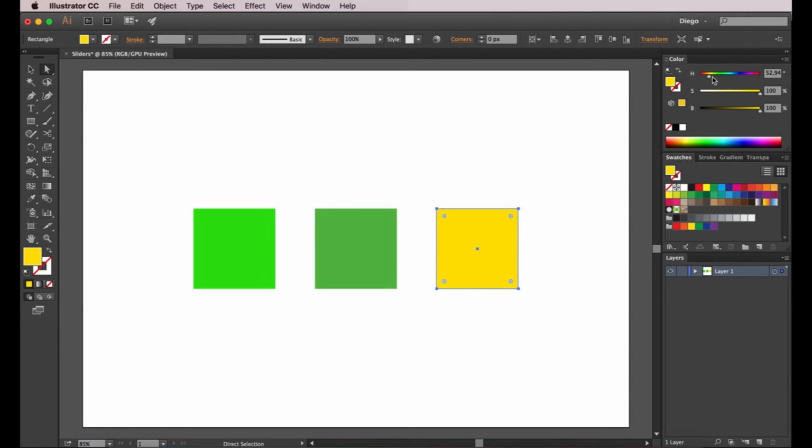Let's start by clarifying what hue is. Without getting too technical, the hue refers to the tint of this color, for example, red, green, blue, yellow, and so on. So when you think about hue, think of which color we are talking about. Is it a red, a green, a blue, and so on. The next one is